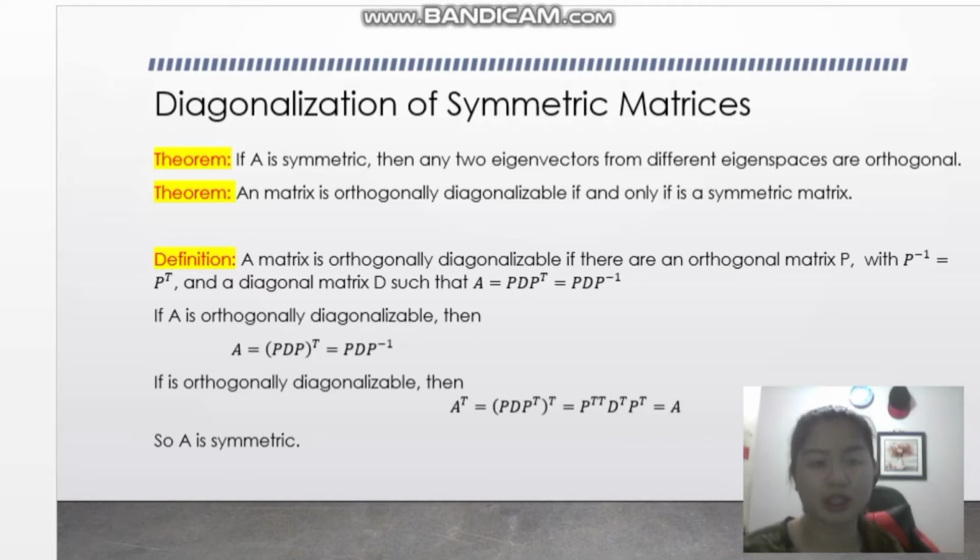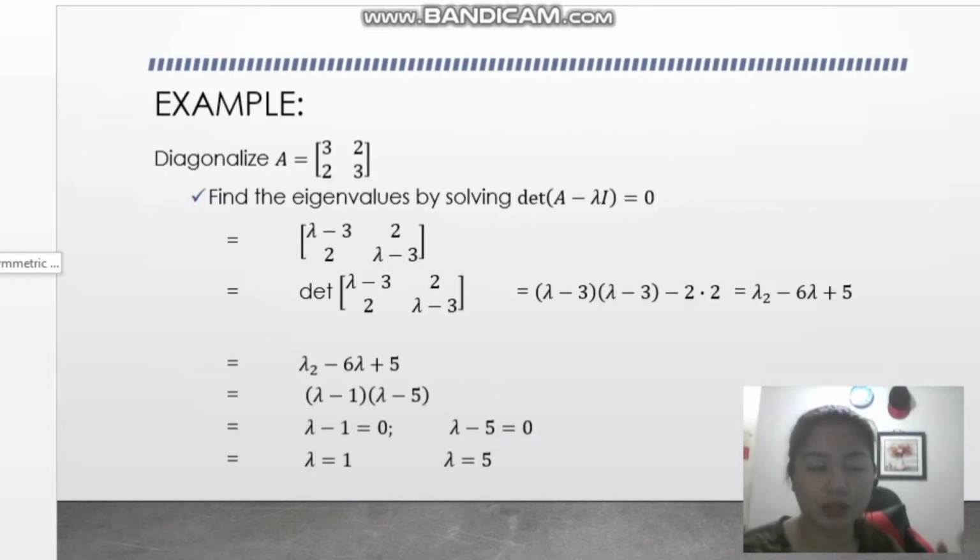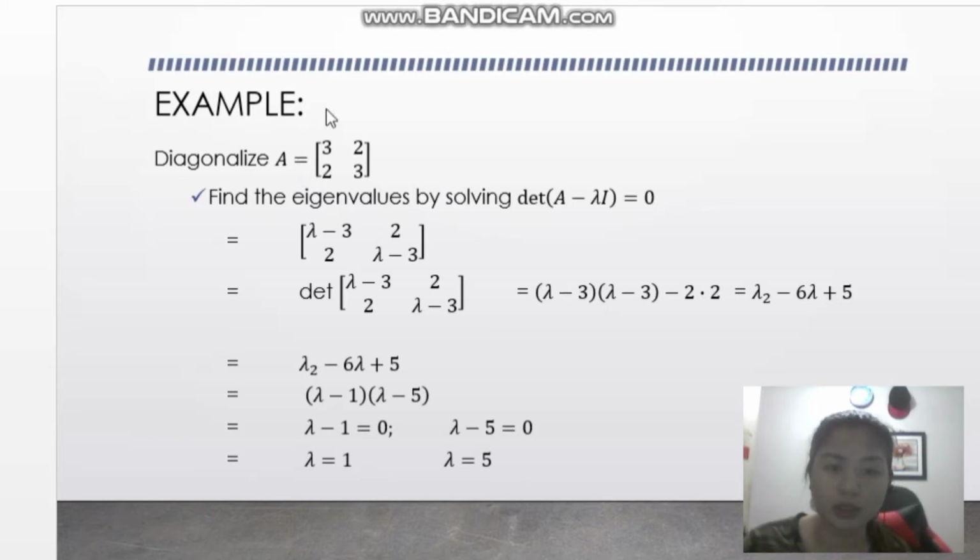Okay, so let's proceed to the example. I did not show the definition step by step; I combined it with the example. The ones with check marks are the steps. For example, I have here a matrix A. Diagonalize A, which is the matrix containing elements 3, 2, and 2, 3. Obviously, the given matrix is a symmetric matrix because the 2 and 2 are the same. So, first step, to diagonalize this matrix is to find the eigenvalues by solving the determinant of